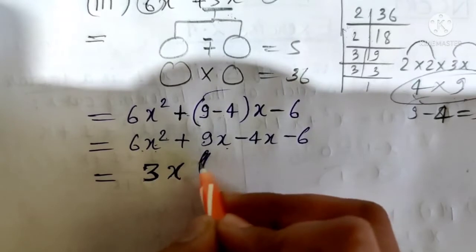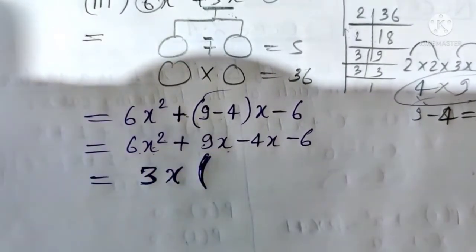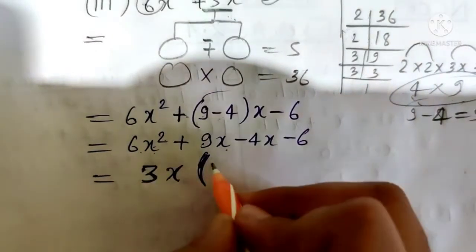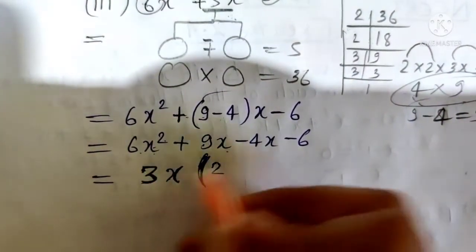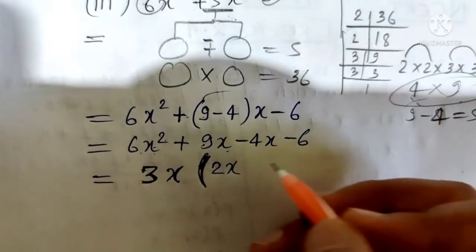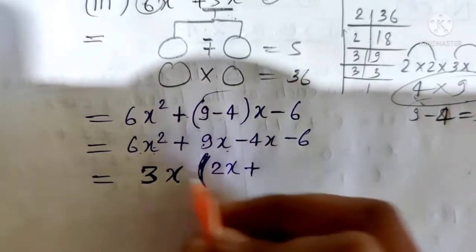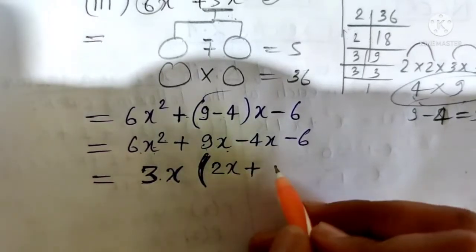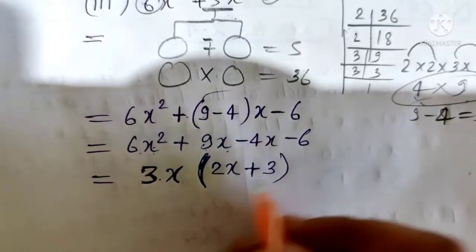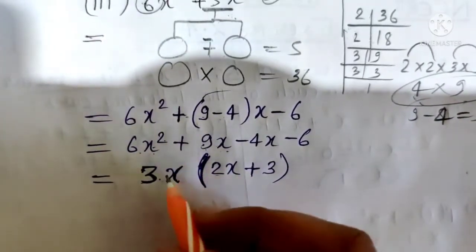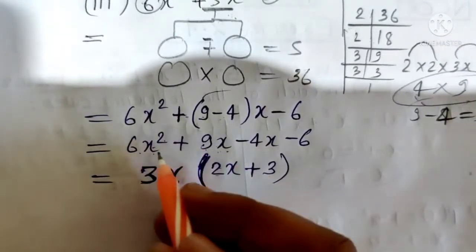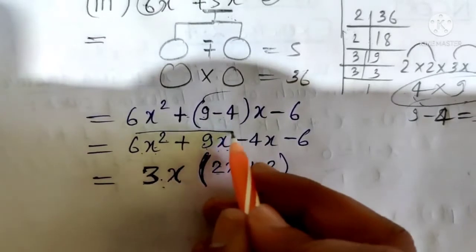Bracket on. By which number should I multiply 3 so that I can get 6? Just think about this number. 3 multiplied by 2, so I can get 6. Okay, x multiplied by what to get x square? x only. Plus, by which number should I multiply so that I can get 9x? x is already there. Only by 3, sorry. 3 times 2 is 6, x into x is x square. Then 3 into 3 is 9, and x is already there, so it becomes 9x. So we got this term, 6x square plus 9x.